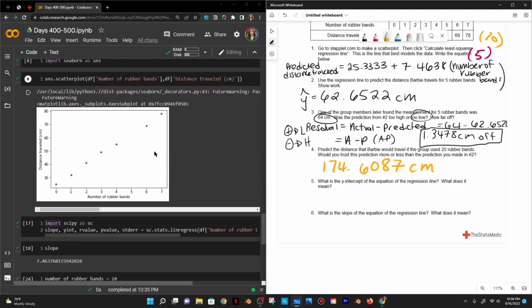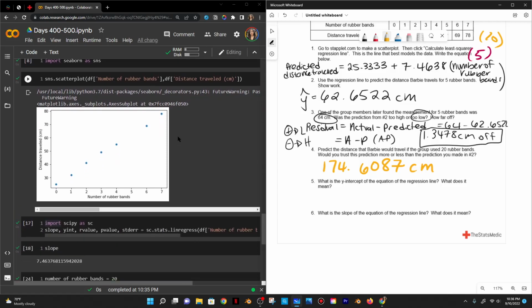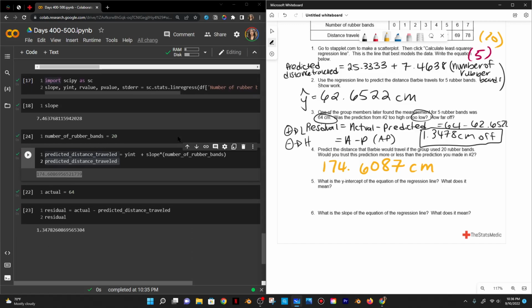So I would trust the least squares regression line to give me more accurate values within that range than values outside of that range, or bigger than 10, when it doesn't even have values to reference. So the actual answer here is that you would trust the prediction I made in number 2 more,